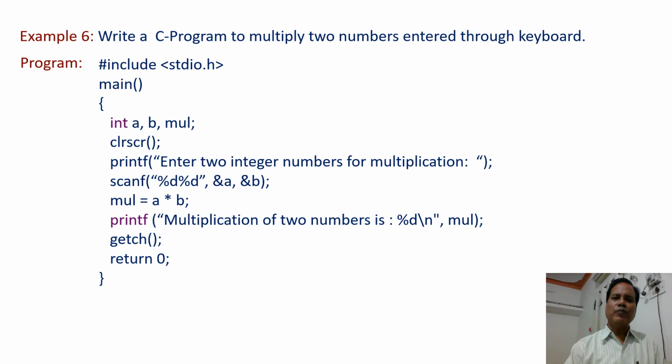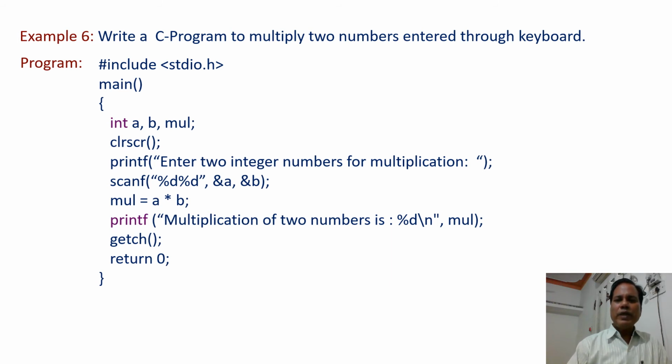Again, we have to declare three variables: two variables for holding the two integer numbers and another for holding their multiplication. Since these numbers are integers, the resulting multiplication is also an integer, so the variables are declared of the integer type: int a, b, mul;